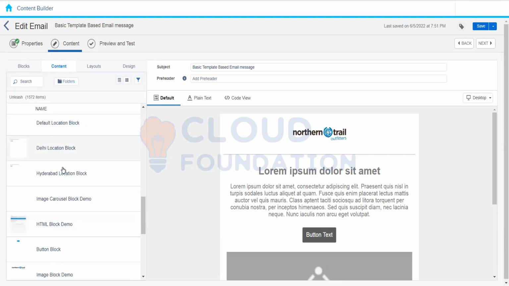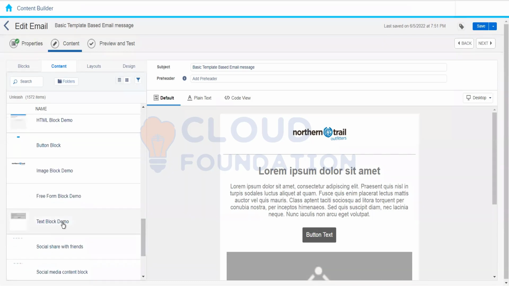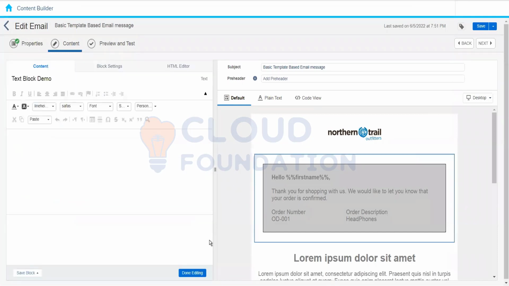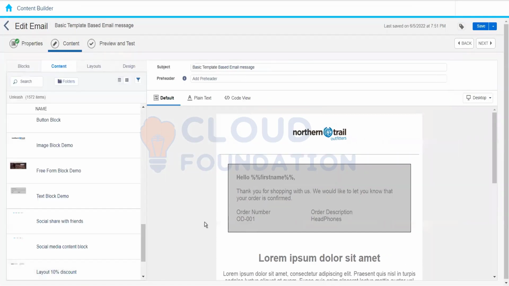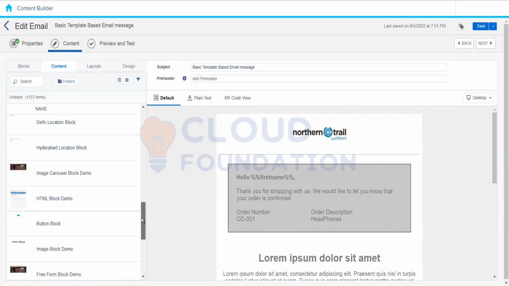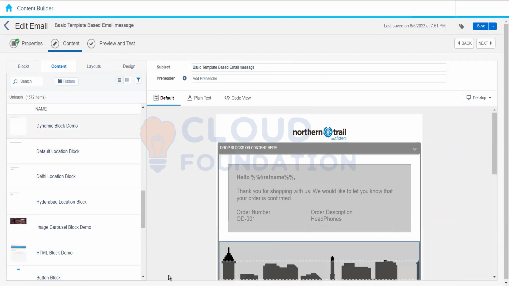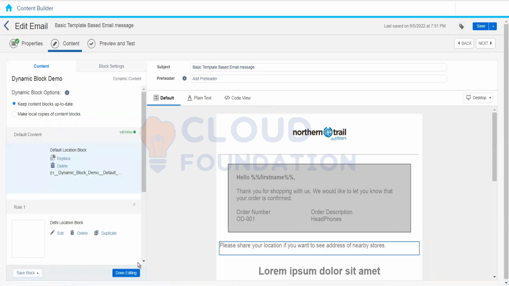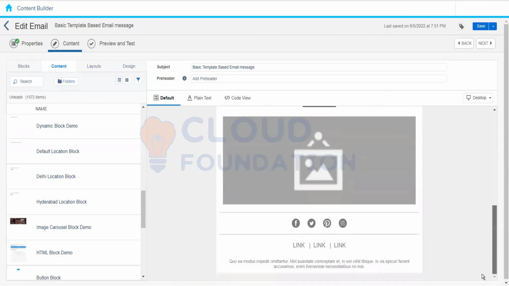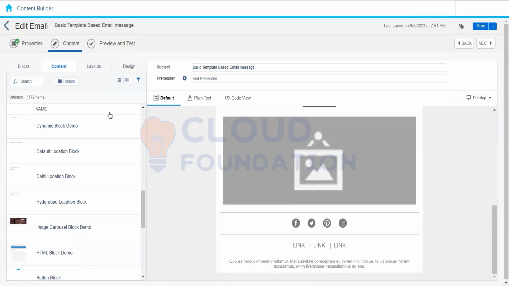Okay, so let's say I want to add a text content block over here. Okay, and after that, I want to add a dynamic content block. So whatever content blocks we have created, we can just drag and drop over here, right? And then we can add some social media icons. In layout,